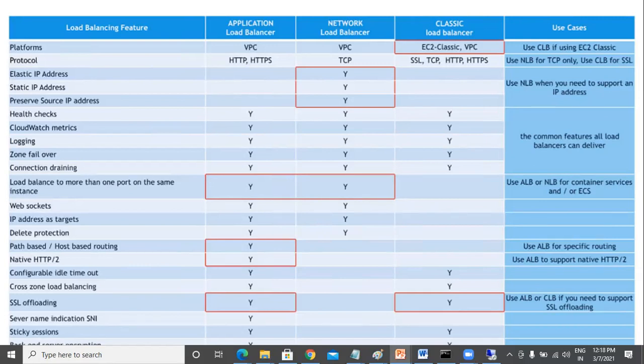Now coming to the other thing, you need to understand how this load balancer will communicate to the instances. Basically, whenever you configure a load balancer, it will have one virtual IP.